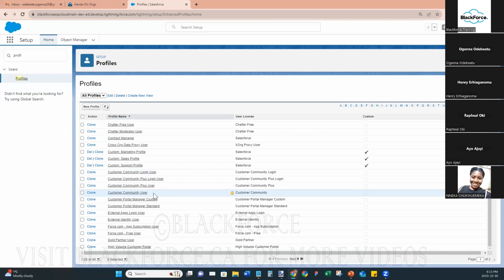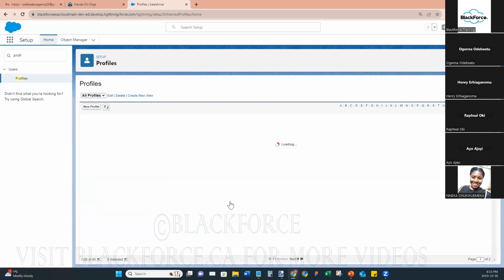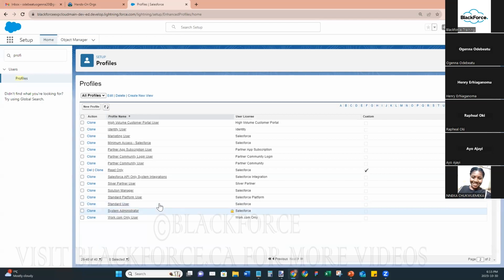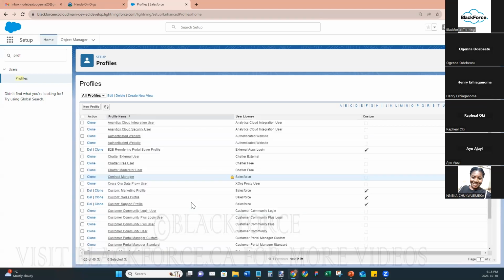Customer community user login should also have a profile here. Let me see. Okay, I guess I missed it on the first page. Oh yes, it's right here. So customer community user has a profile. Customer community login user has a profile. Customer community plus user has a profile. And customer community plus